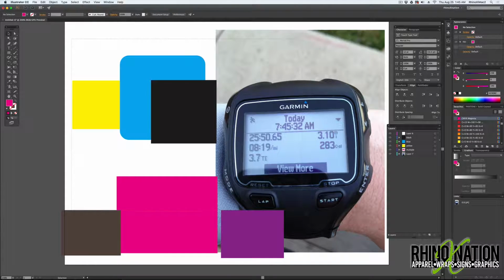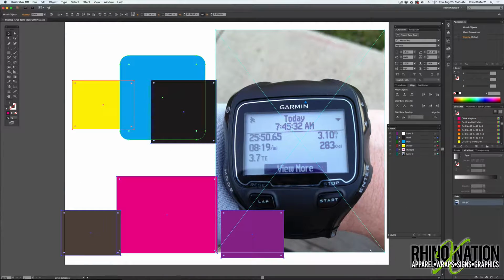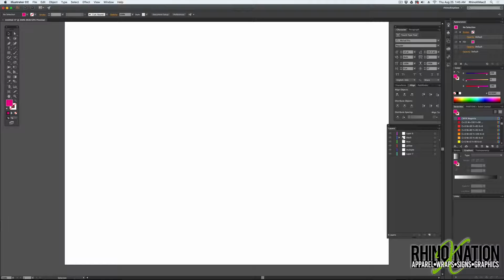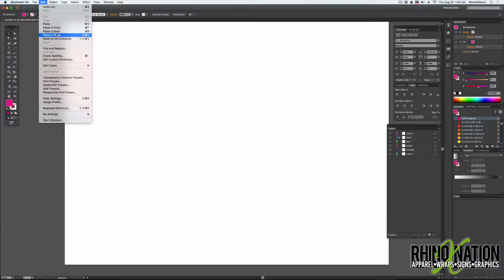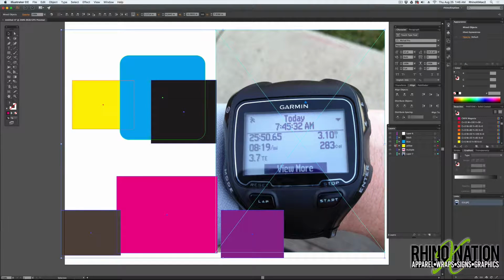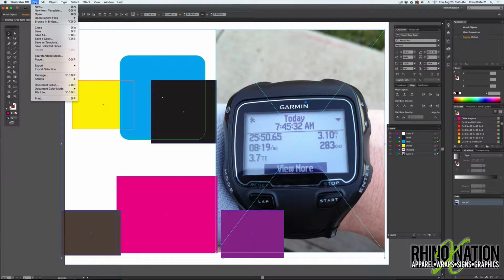If we select everything in our document and we Command X to cut everything, you'll see all of our layers are blank again. But this time when we do Edit, Paste in Place, it pastes everything back to the layer that it came from. Also, if you do a Command C to copy everything, and you come over here and